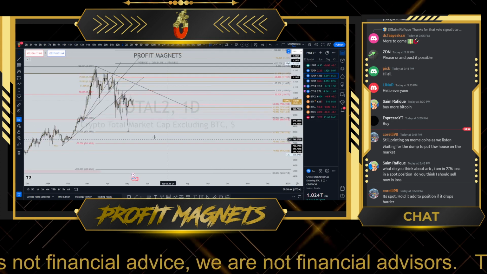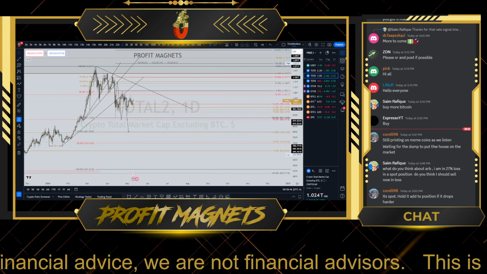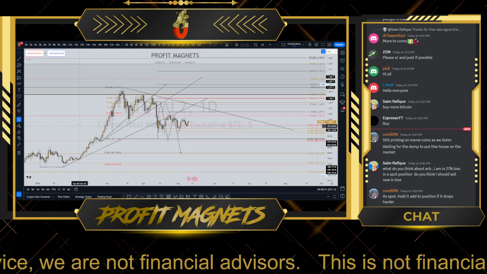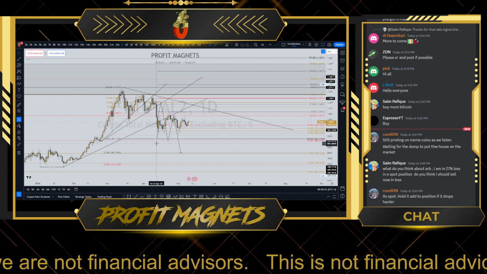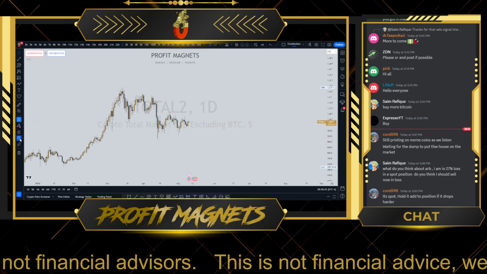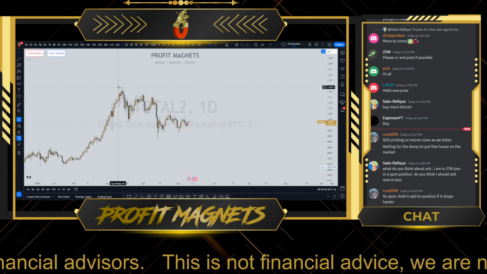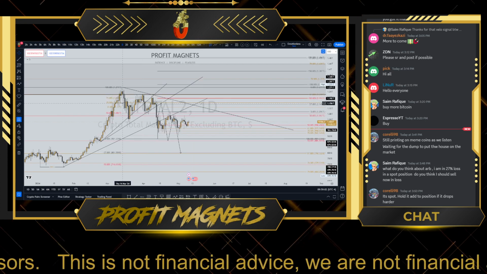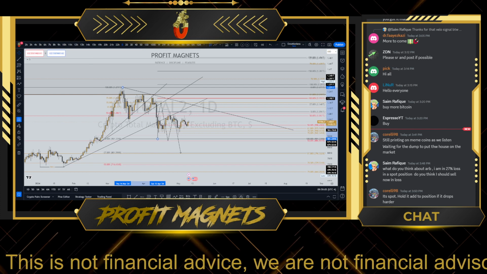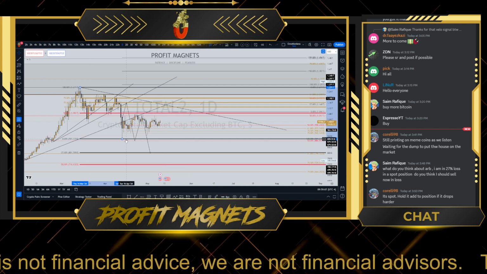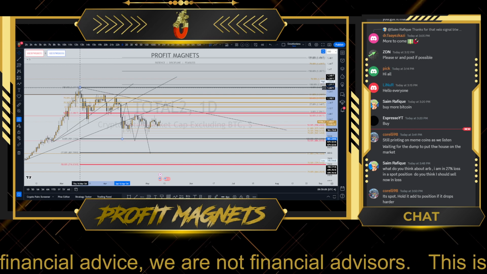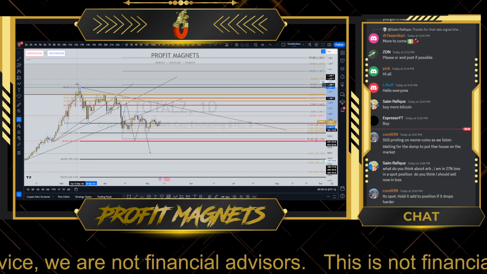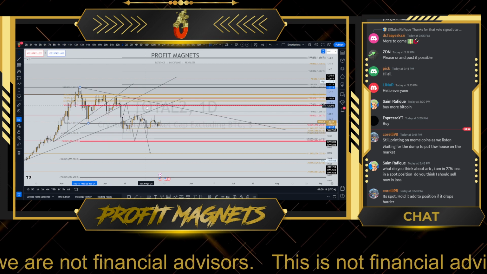Now, you go to total 2, which is the market cap excluding Bitcoin, and what you notice is that we have a very similar situation to total 1, because from this high right here to this low, if I were to hide everything, basically here there is a Fibonacci which is yet to be fulfilled, which is this Fibonacci right here, and I'm just going to highlight it again. Sure, you could also consider this as already fulfilled, because from this side right here to this low, we have already returned into this area.